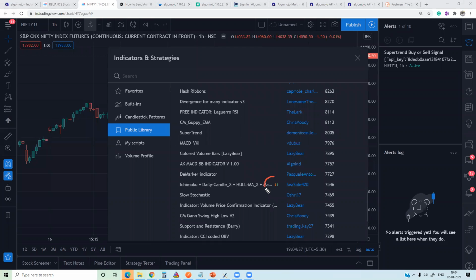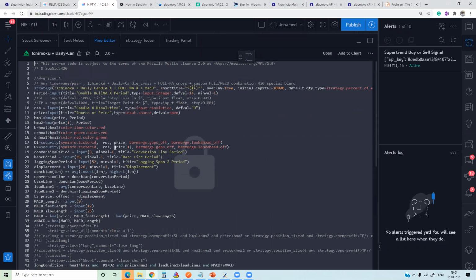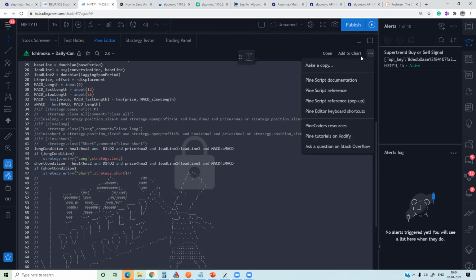If you're seeing this arrow mark, it is a buy and sell strategy. I don't know what strategy it is, but let's say I think the strategy could be interesting and I want to automate it. So what I'll do, I'll open this code. Maybe I'll copy this code as well. I'll save the code, make a copy,